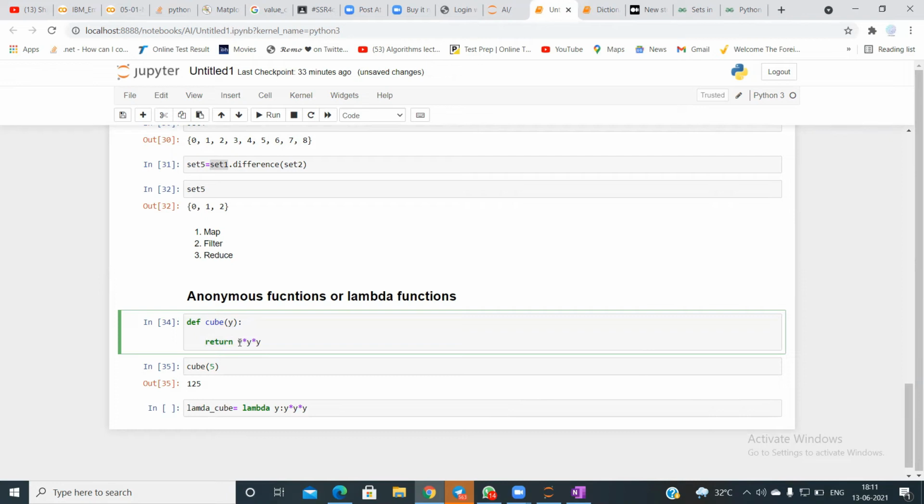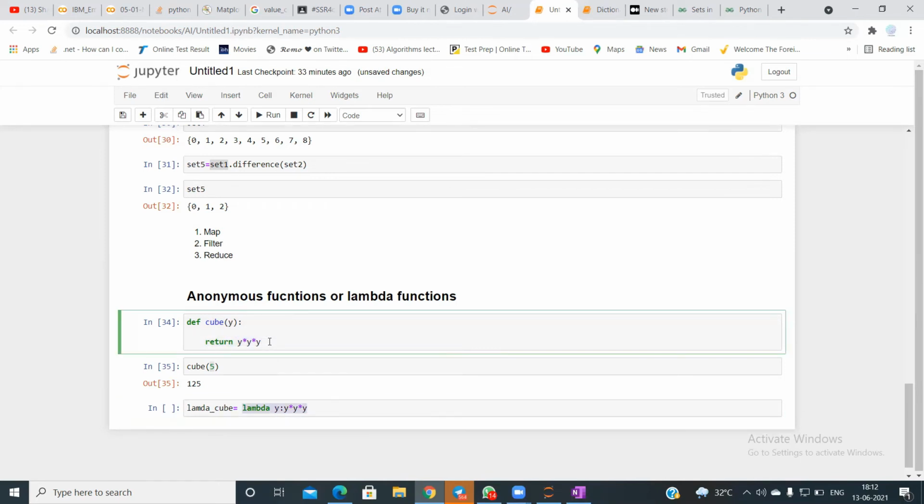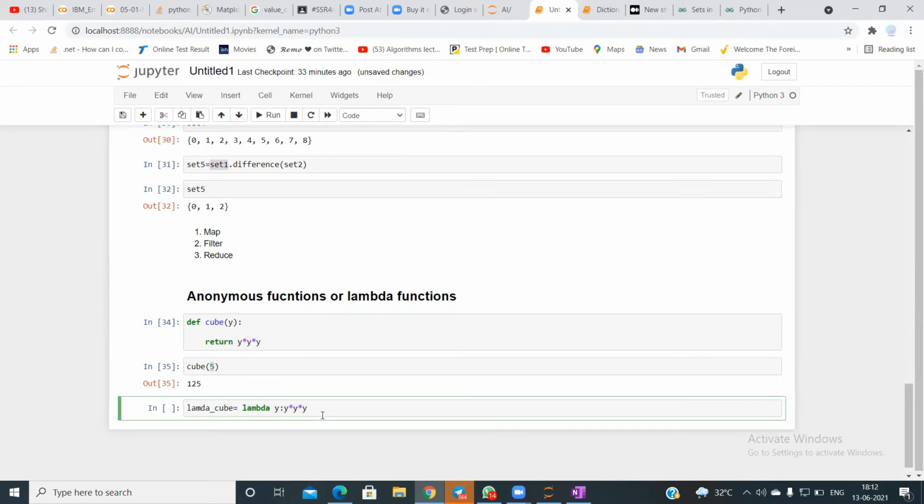So what I'm returning here is a cube of a number 5. What I'm doing is simply replacing this entire function into a single line function, which is a lambda function.